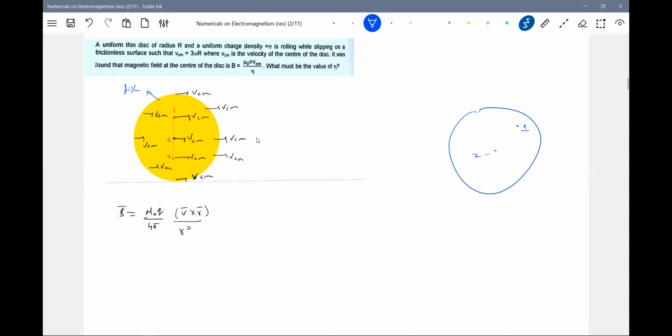Then definitely I say that the magnetic field due to this pair will be non-zero. But as it is a symmetric body, I'll take the symmetric point. You choose 3 and 4, you choose 5 and 6. To be able to analyze, you have to break up the thing. So now, due to translatory motion, I can definitely say that the net field will be 0 at point C.